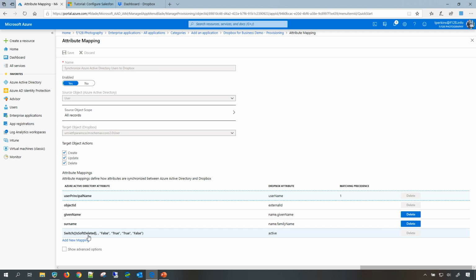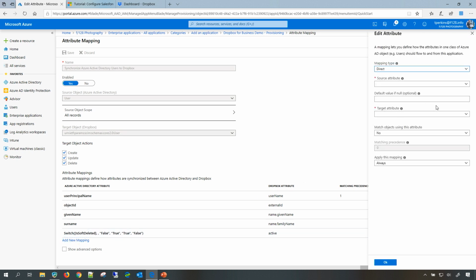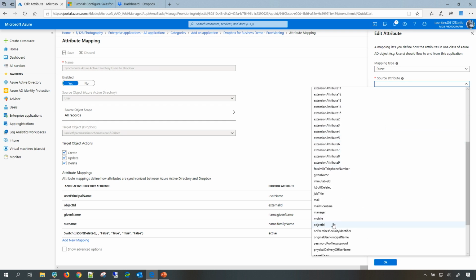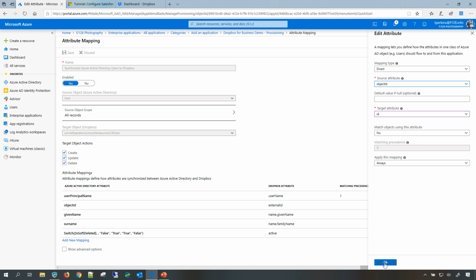Along with that, if you want to add new mappings, there is an option where you can click on add new mapping and select the source attribute and the target attribute. Generally, the target attribute list is populated based on the information which that vendor has provided to us. Right now, only ID is another target attribute which is available, which you can map from your source attribute. It can be your employee ID, it can be your user object ID. Based on your requirement, you can map that.